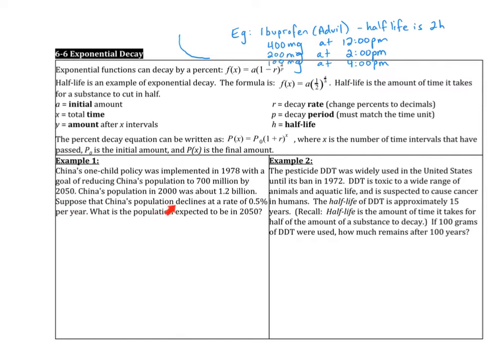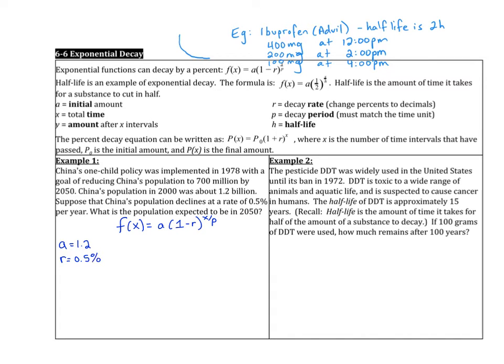So suppose that China's population declines at a rate of 0.5% per year. What is the population expected to be in 2050? So because this is not half-life, we're decreasing by a percent. So you're going to use this formula. F of x equals a times 1 minus r to the x over p. So the a is the initial amount, which is 1.2 billion. And r is the decay rate, which is